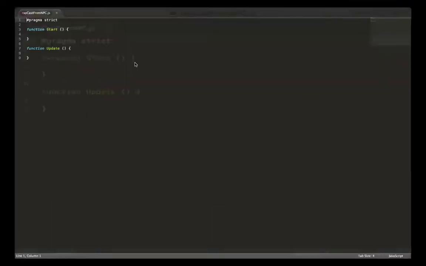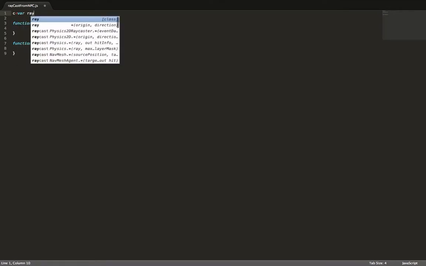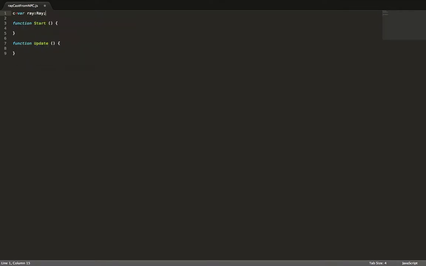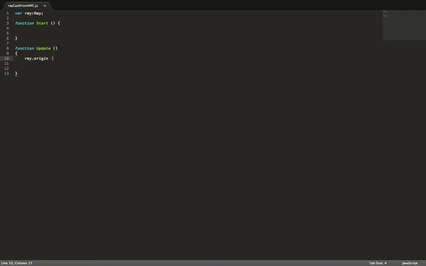So again, I'm going to modify my update function accordingly, but before that, I will declare a variable called ray. So the type will be Ray, and it will be used to cast a ray forward from the NPC. So again, a small typo here, just remove C and equal. Then in the update function, I will need to define for this ray an origin and a direction. So again, the origin of my ray will be just 0.5 meters ahead of the character. So again, ray.origin will be equal